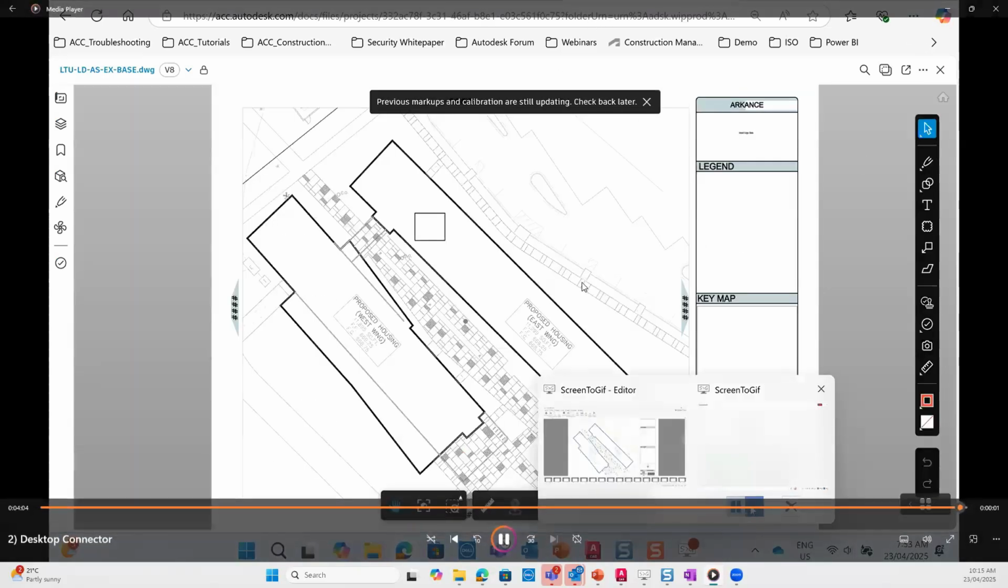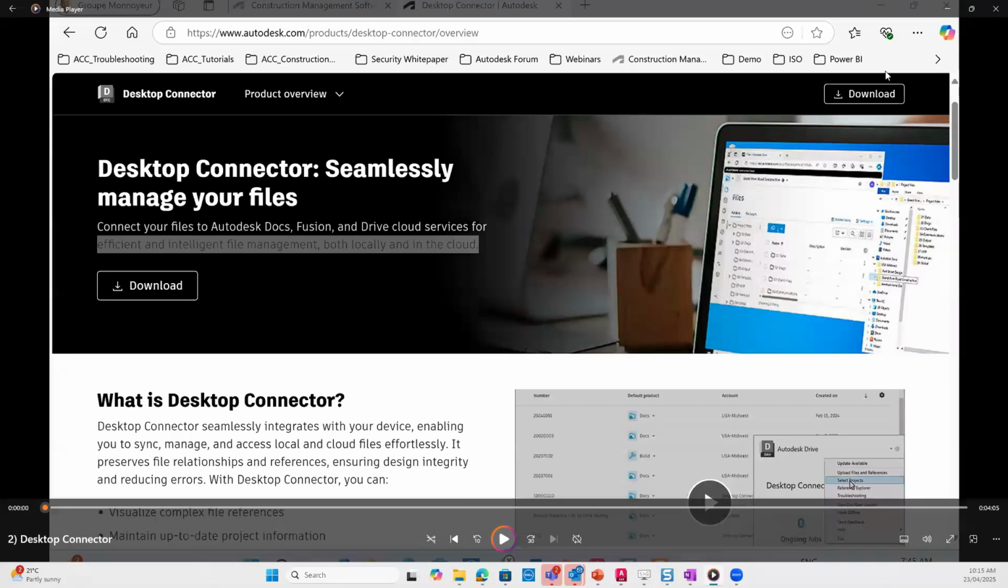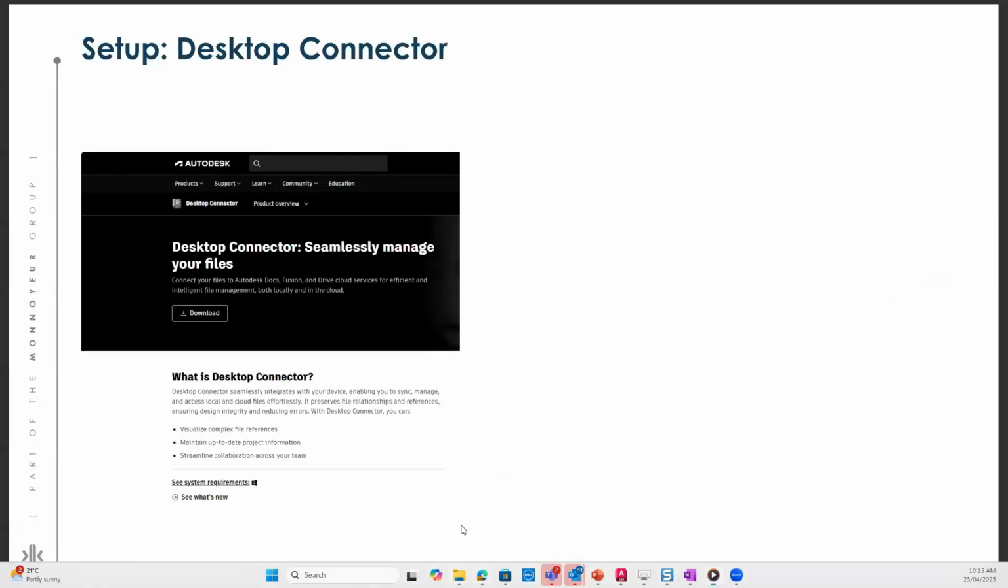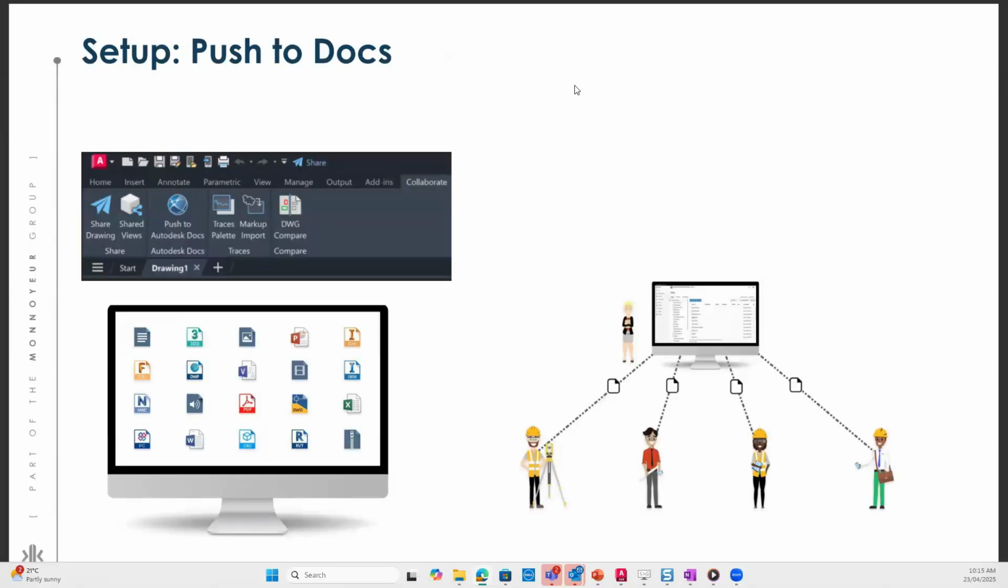It'll let you access your CAD files through the desktop connector and open them in the native or authoring tools. So that was the second thing that I wanted to mention, the desktop connector. After that, once you open the file and save it in Autodesk Docs, the next